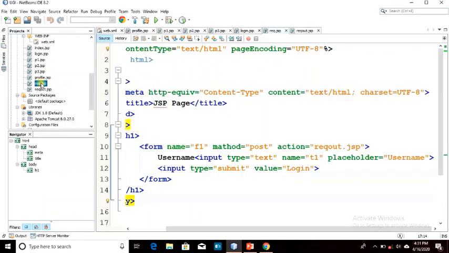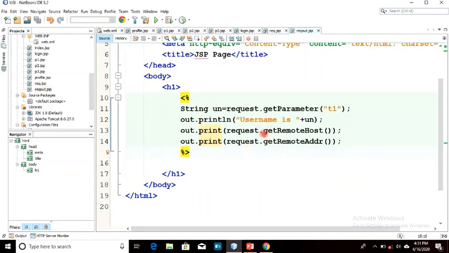Suppose you have created this form, and you have given the action as request out.jsp page. Now when you submit this form, it will be redirected to request out.jsp. Here I have given a condition that if the username is admin, it will be redirected to an index.jsp page.